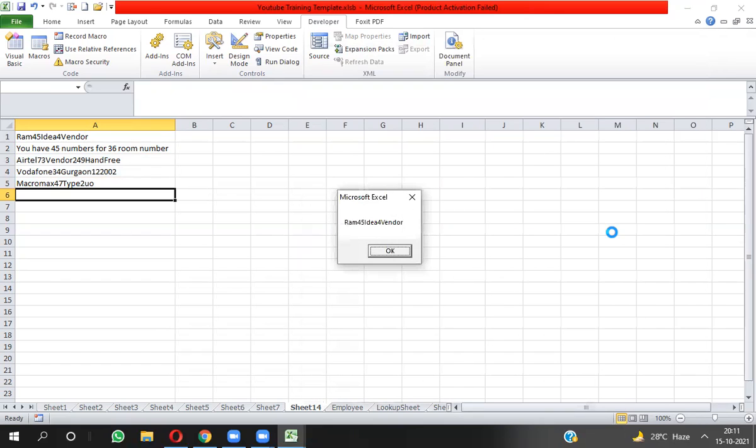Now you can see all the values are readable: this is your first value, this is the second value, third, fourth, and this is the fifth value.